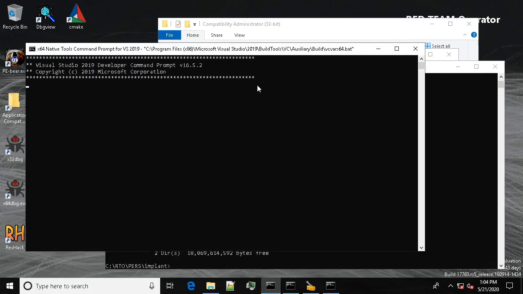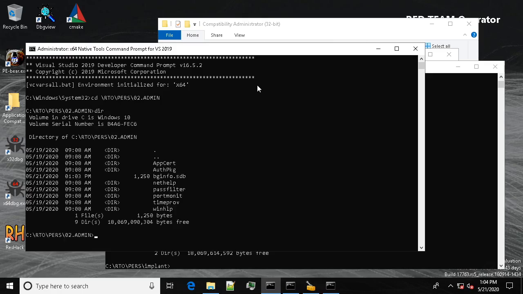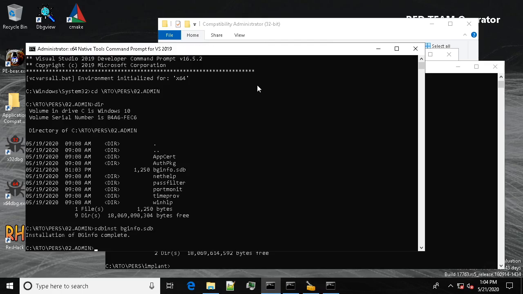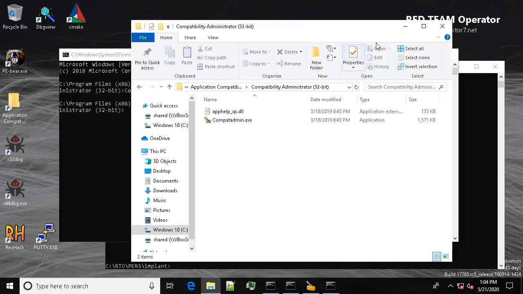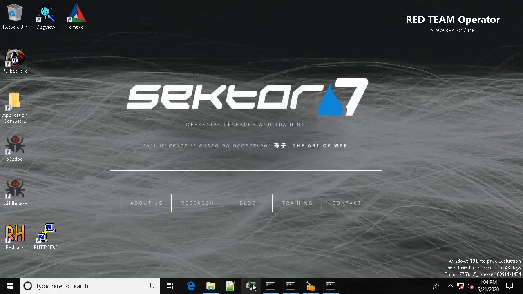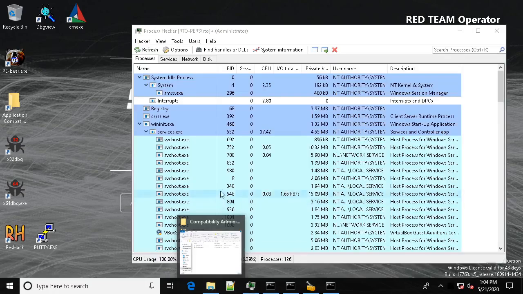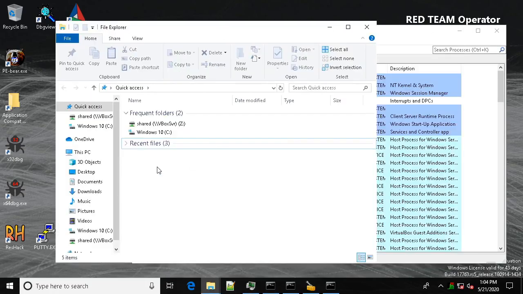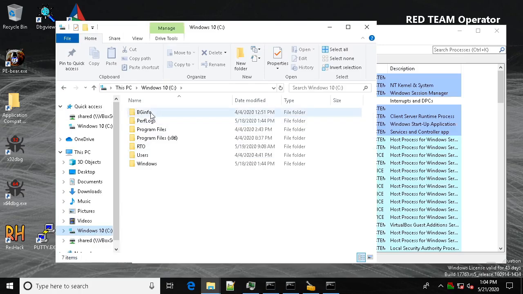So, a high integrity level session. We go to RTO persistence 02, and we use a command line tool called sdbinst, and we give it the name bginfo.sdb. And that's it. So now if we run, let me start up Process Hacker. Now if we run bginfo, or relogin, whatever, but we can just run it,